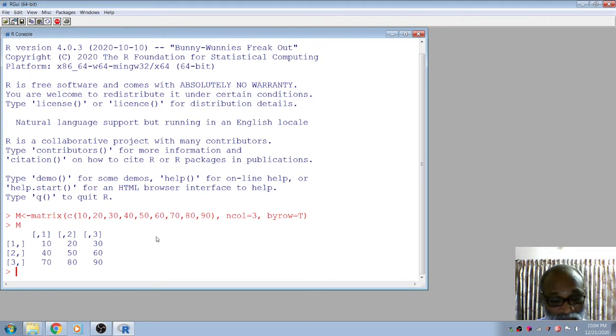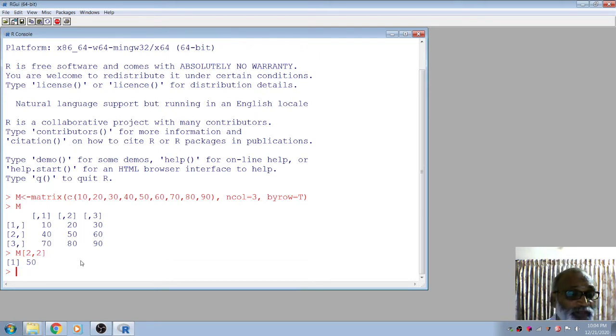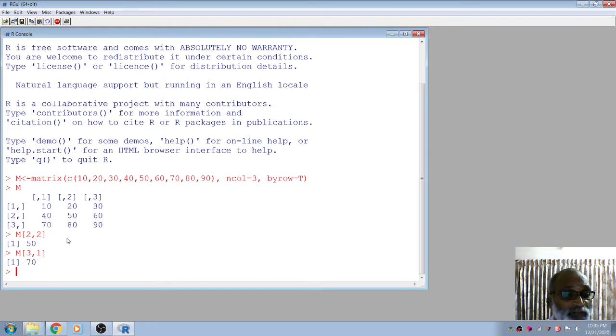Similarly, if you want, you can find out the elements of this matrix. What is 50? It is the second row and second column. So just type the name of the matrix, the square bracket, then 2 comma 2, close the square bracket. It displays the exact element at the corresponding position 2 comma 2. Suppose you want 3 comma 1. Type 3 comma 1 in square brackets. It displays the third row first element. So you can extract the matrix element in such a manner using the square brackets.